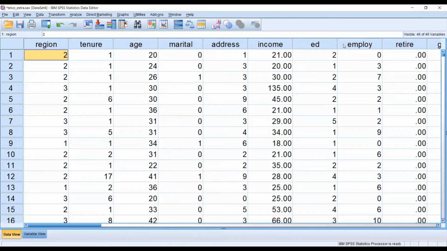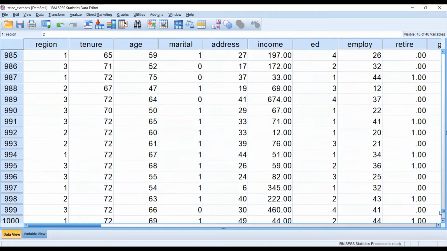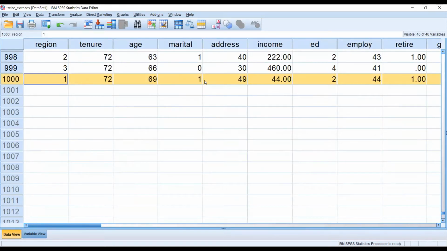This is the file telco_extra.sav. In this file, we have 46 variables and approximately 1000 cases. The total number of cases is 1000. You can see here 1000 cases.